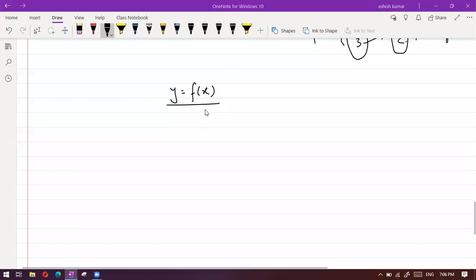So the values of x, we have learned that the values of x will be the domain and the values of y will be the range. So let's start this topic, domain and range. How do we calculate and how do we find this domain and range for a given function? There will be some fixed type of pattern that will appear in the question. So let's understand the different forms which will appear.